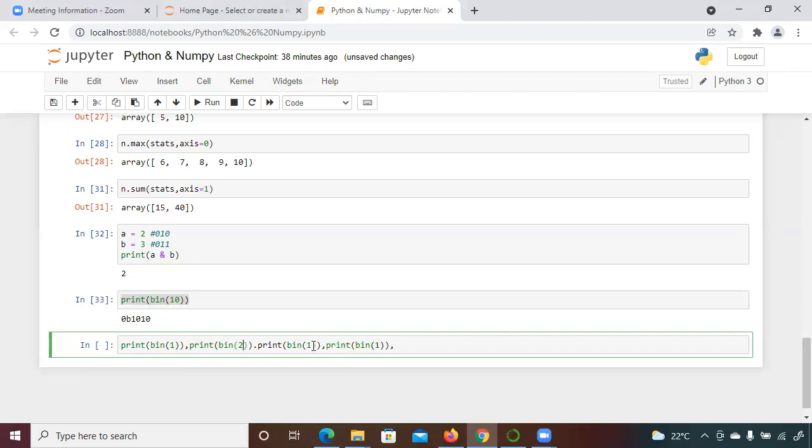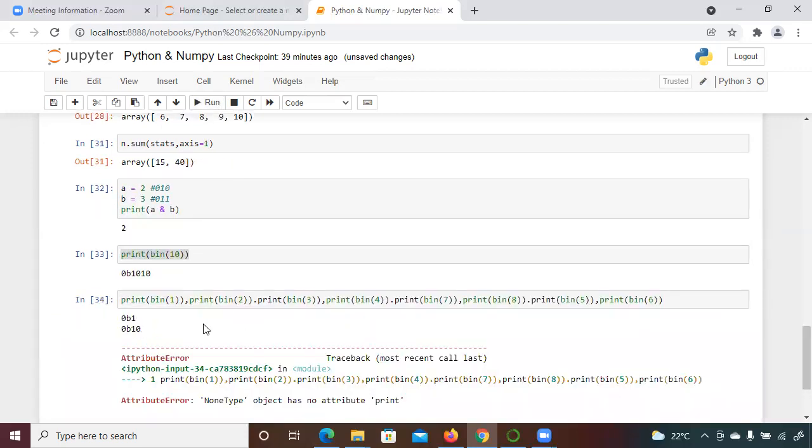So it is for 2, 3. Okay, let's take it till here.